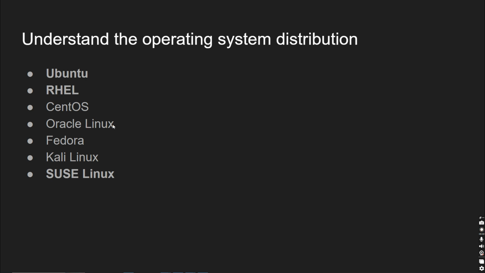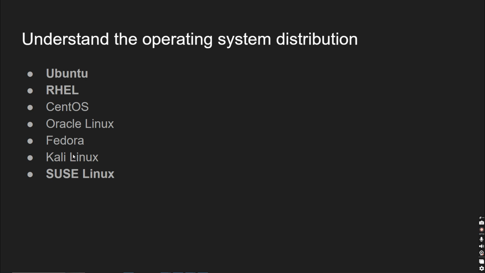But we have Oracle Linux, which is also similar to Red Hat. It is basically the same code as RHEL, but Oracle Linux is free to use. So you will get the same look and feel as RHEL from a command line point of view. If you look at the black screen, Oracle Linux and Red Hat Enterprise Linux are both the same. Fedora, again, is an upstream version of Red Hat, so it's again open source.